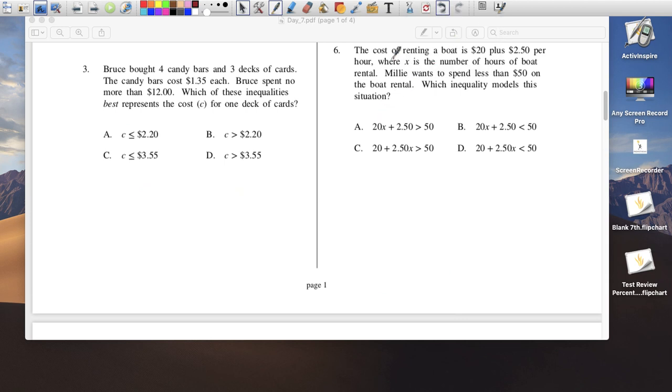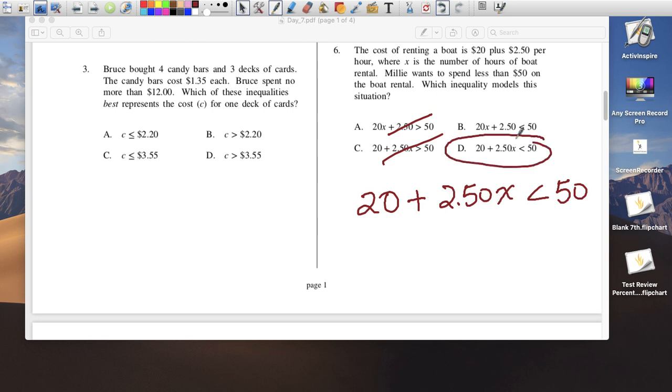Number 6. The cost of renting a boat is $20, so just to get to the boat, it's $20 plus $2.50 per hour, where X is the number of hours of the boat rental. Miles wants to spend less than $50 on the boat rental. Which inequality models the situation? So you're going to pay $20 no matter what, plus $2.50 per hour, H, or in this case they want us to use X. And all that we're going to spend has to be less than 50. Is there anything that looks like this? Well, not greater than 50, so that's gone. That's gone. So we're looking at these two. Less than 50. 20 plus 50x. So I'm looking at the